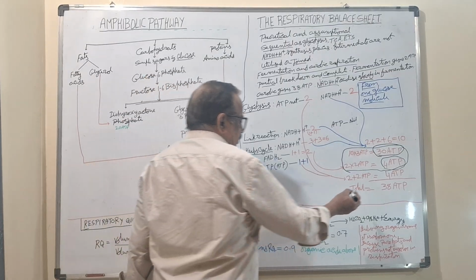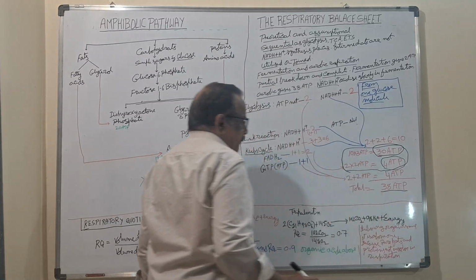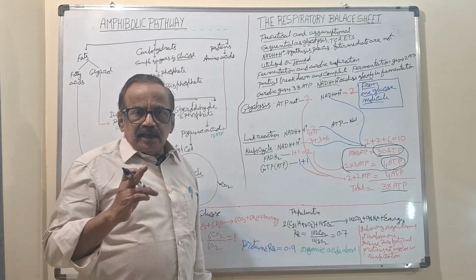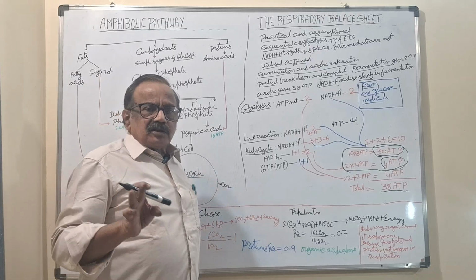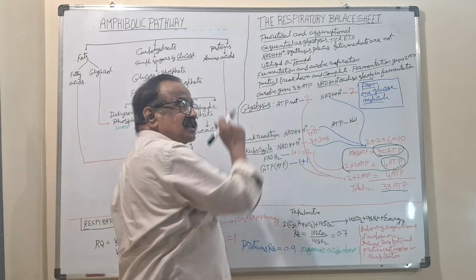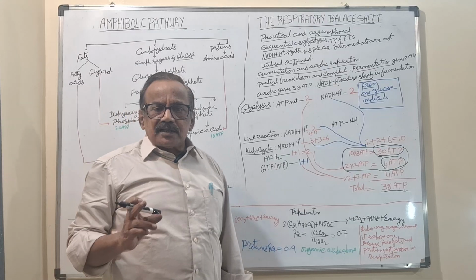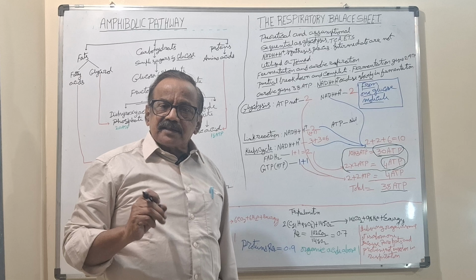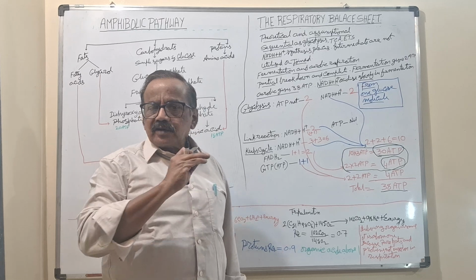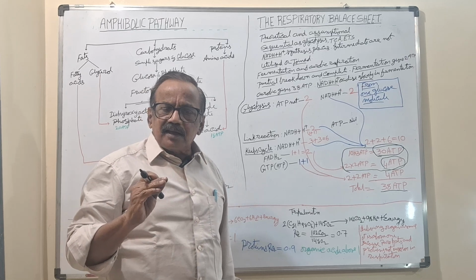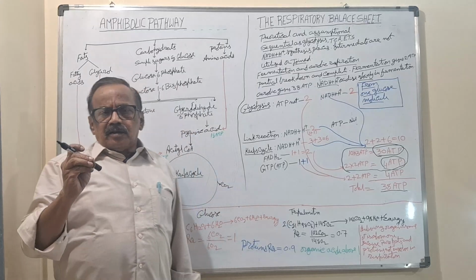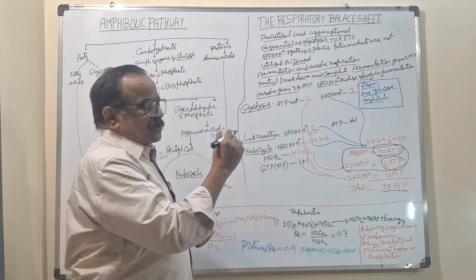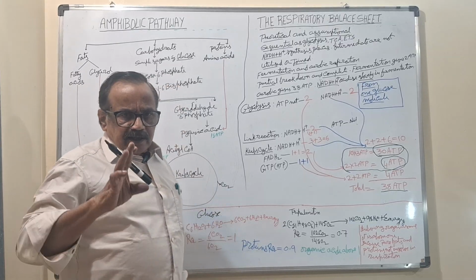So the total ATP produced is 38 ATP from one glucose molecule in aerobic respiration. If it is anaerobic respiration, it is only 2, as we already discussed in the differences. This is the balance sheet. If you note down all the things in one place and read it properly, you won't get any doubt, and any type of calculation or problem he gives, you can solve very easily by knowing this. Okay, now we'll see